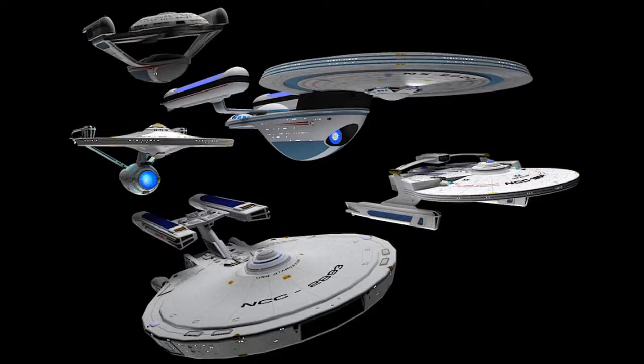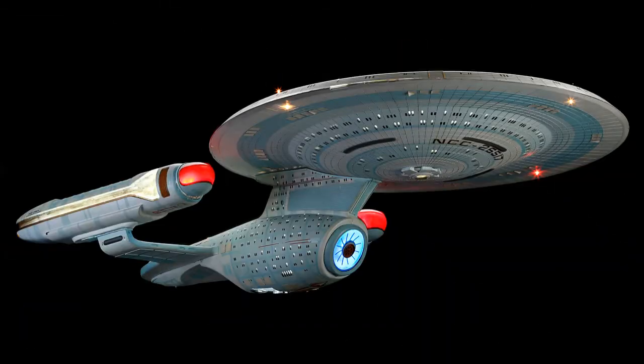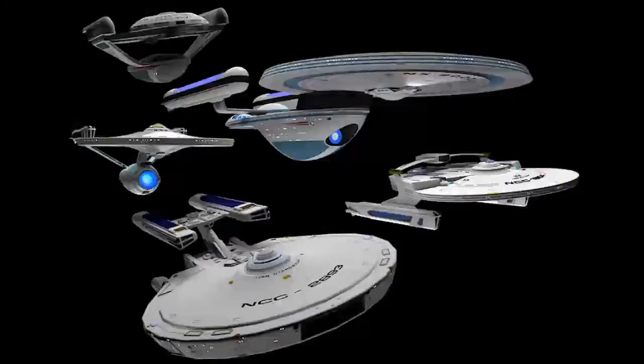Now, one of the first things to consider about the Cardassians is what did the Cardassians think of the Federation? What kind of weapons did they think the Federation had? So we know they had been in a war before. And during that war, the primary ships that were seen were the Miranda, the Excelsior, and maybe a few ambassadors. So from the Cardassians' perspective, the Mirandas, the Constitution, the Excelsior, and possibly ambassador classes were what